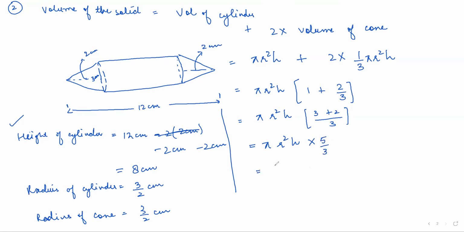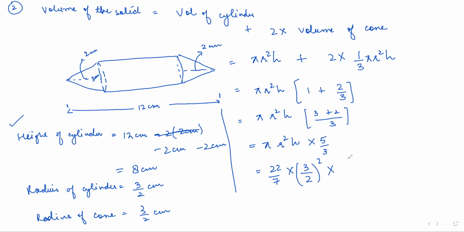Okay, now put it. So 22 by 7 into radius of, I can take this thing common only because here the radius is same. You cannot do it in every question. Understood, Sarah or Hamna? Yes, ma'am. If the radius of both the figures are different, then you cannot do this, because here it is same, I can do it. Now radius is both 3 by 2, 3 by 2, so I can write 3 by 2 whole square into height of